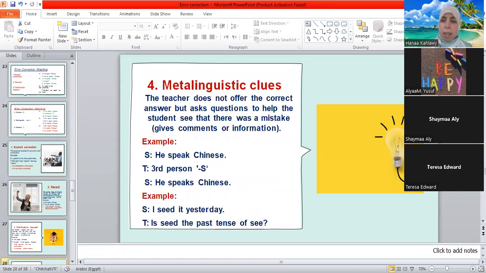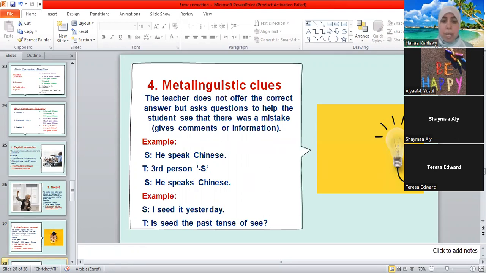And here I give a clue, a hint to the students to correct themselves. Okay, it's information about the form, about the grammar item or grammar structure. Like here's a second example here. I said it yesterday. Instead, he said "I said".